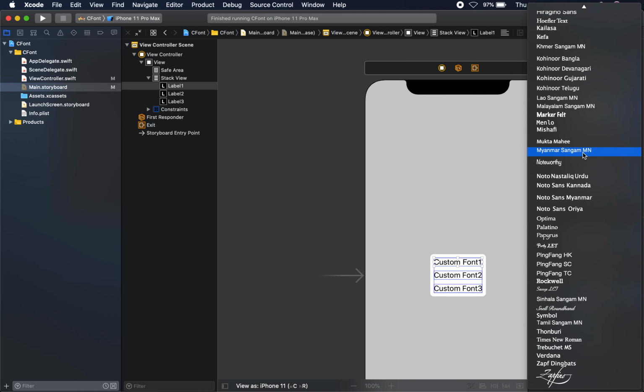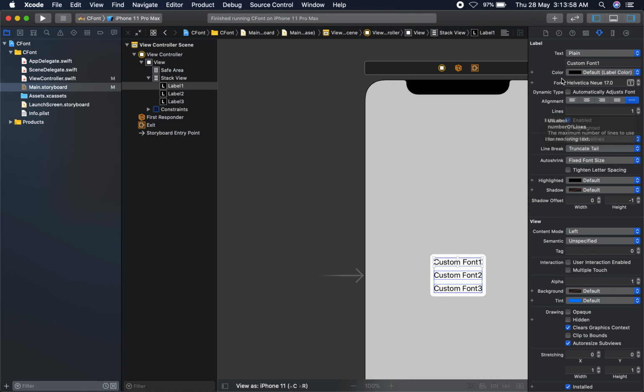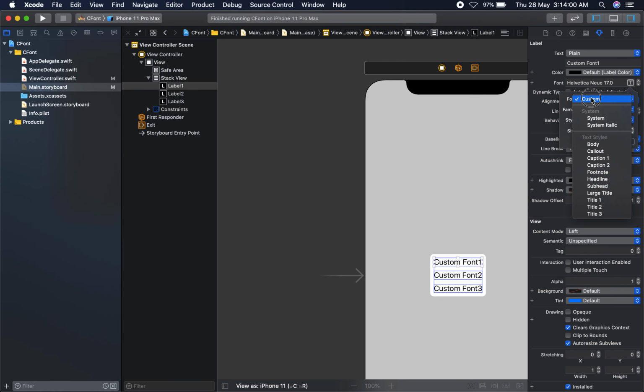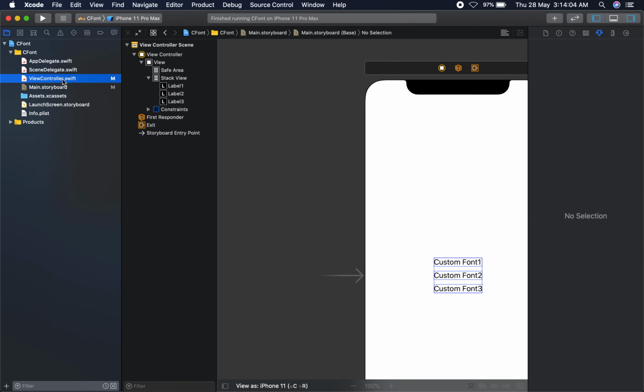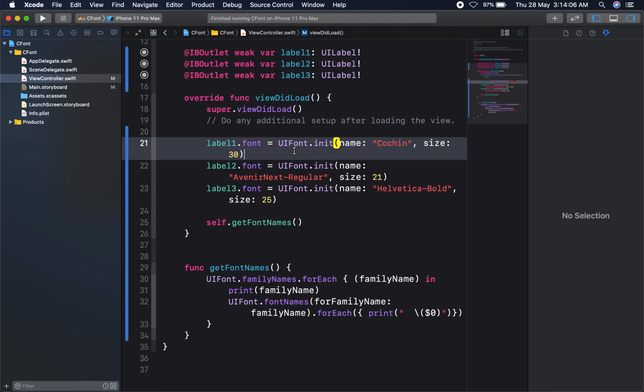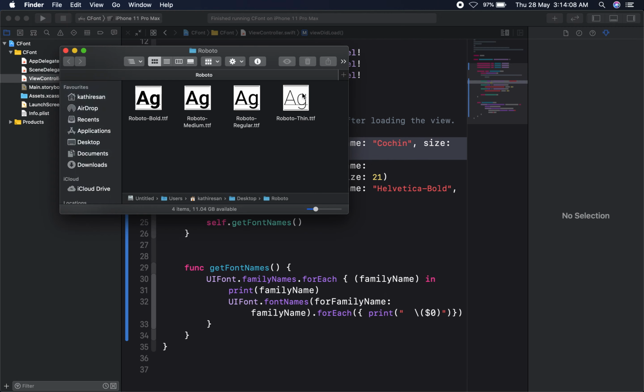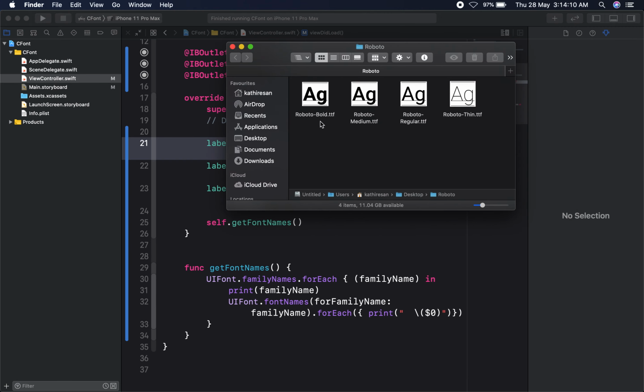If you need, you can choose from storyboard, or else you can change it by code, or else you can add fonts. I already downloaded from online Roboto bold, medium, regular and thin. Now I am going to add these four fonts to my application.